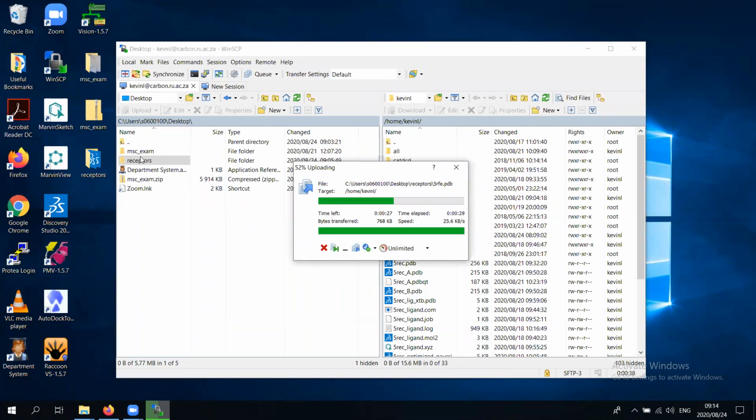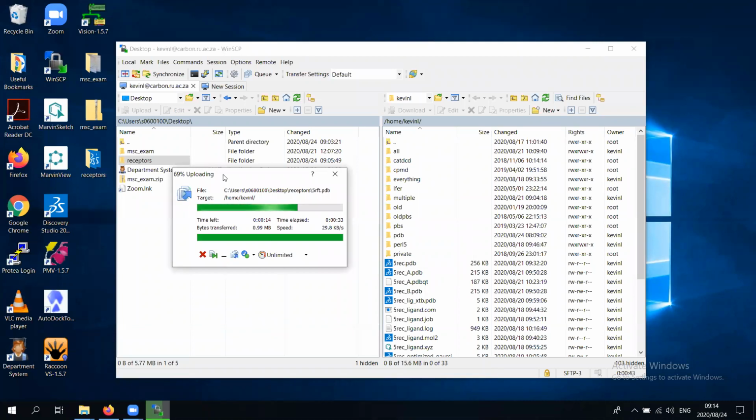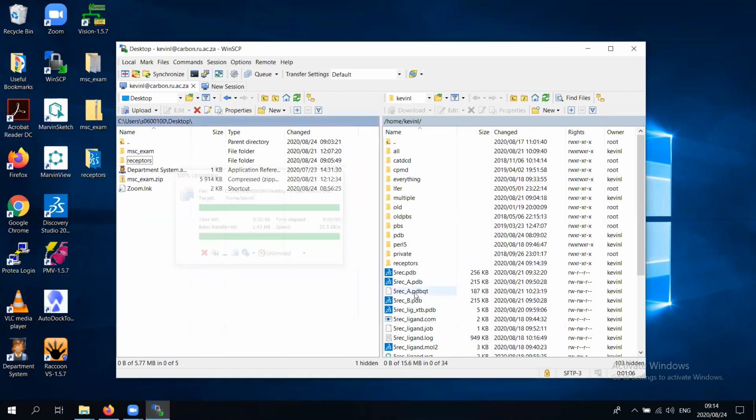So just to prevent confusion, what I'm going to do is quickly delete the 5REC that I have that's not in the folder. Okay, so there's 5REC all the way over here that's not in the folder